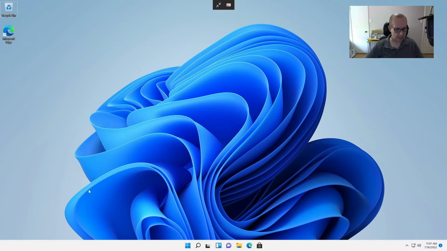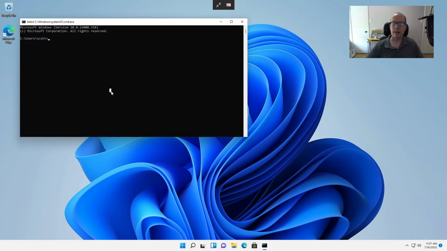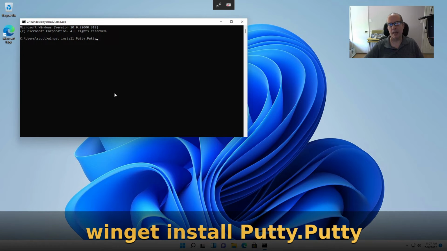Now that the new Package Manager is installed, I'm going to do a Windows R to bring up the run prompt, type in CMD, do an OK, and once that comes up, I'm going to do a winget install